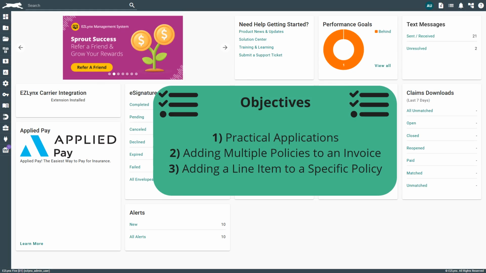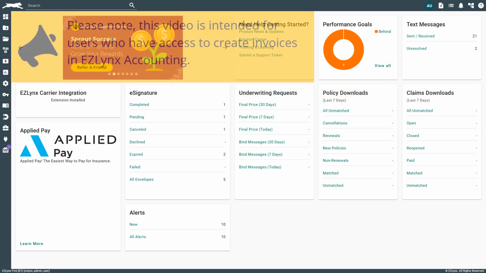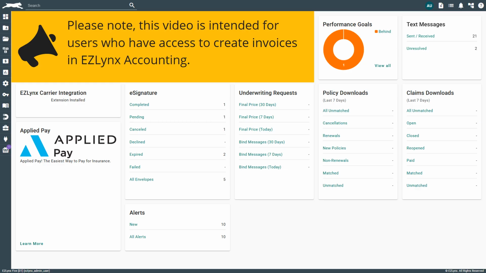Welcome to the EZU course about multi-policy invoicing. In this course, you will learn how to create multi-policy invoices in EZLynx accounting. So, let's get started. Please note, this video is intended for users who have access to create invoices in EZLynx